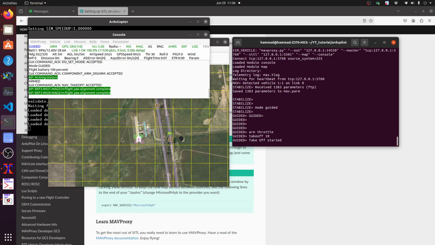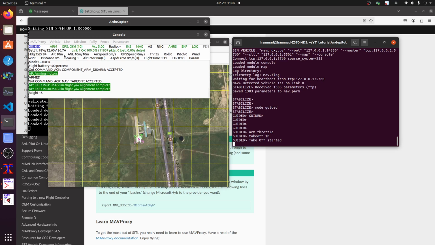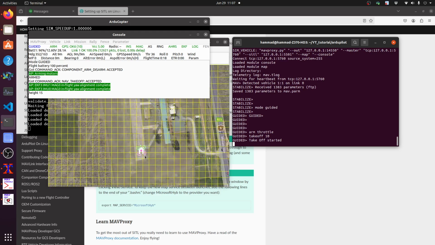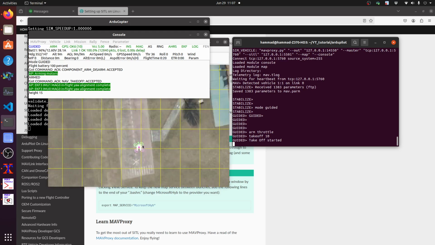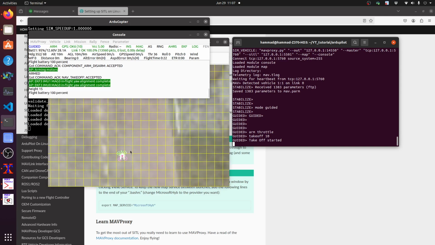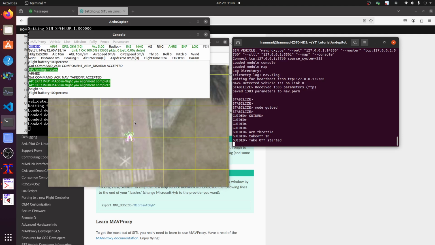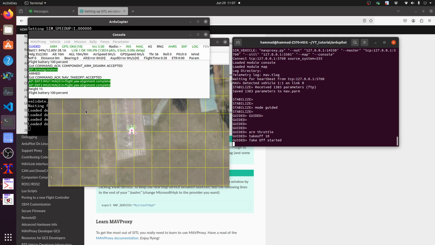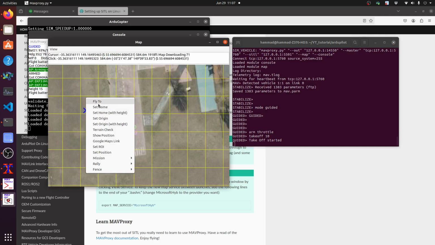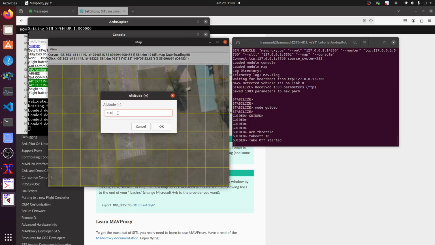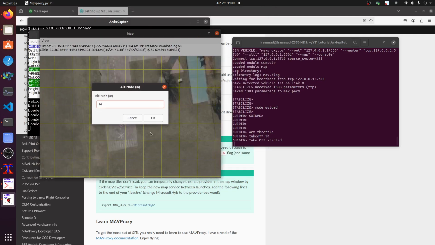Okay, so that's the 2D view, but here you can see the altitude is changing. It will be 10 or 9, so our target altitude is 10 meters. Okay, so here you can see the drone. In the guided mode, the beauty is that you can click on the map anywhere and pass the go to command. So let's move to here, fly to, and here you need to define the altitude. In our case that's 10. You can also change it here.